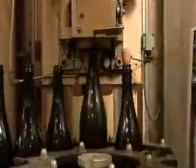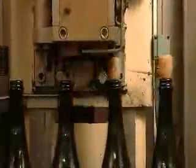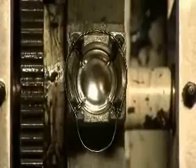We just need to add the final touch of the bottle, which is the natural cork and what we call a muselet, which is basically some metal wire that would prevent the cork from ejecting with the pressure the champagne will make. After that stage, we turn the bottle to blend the liqueur of disgorgement